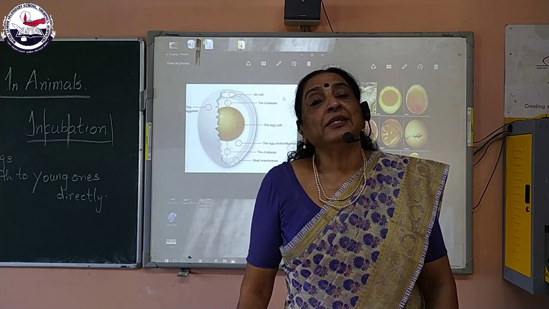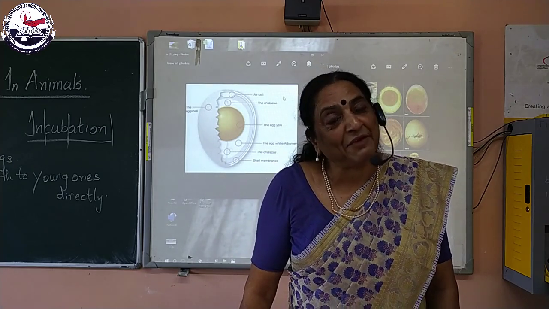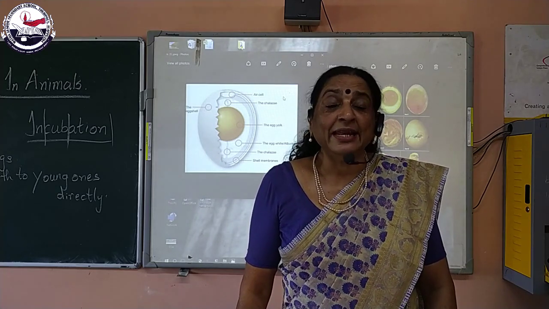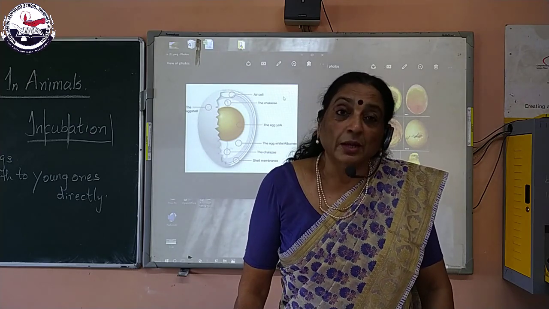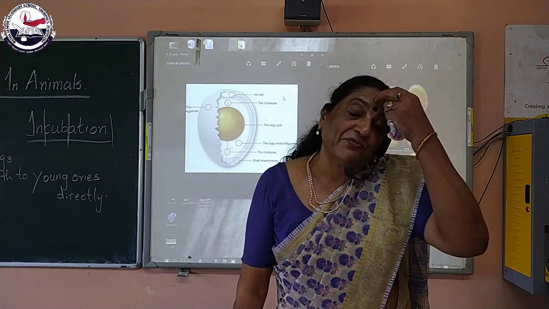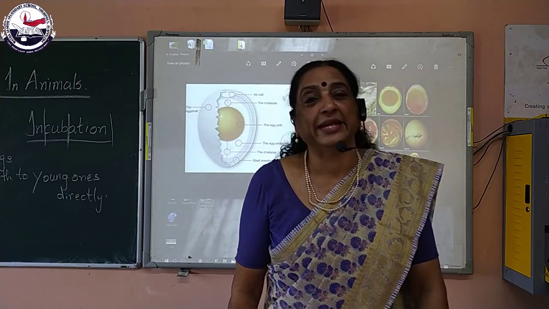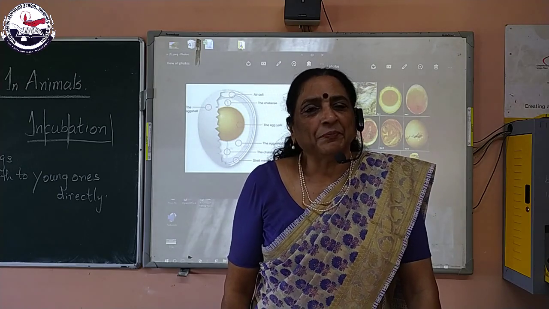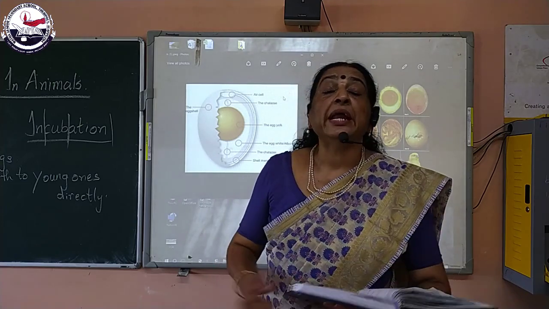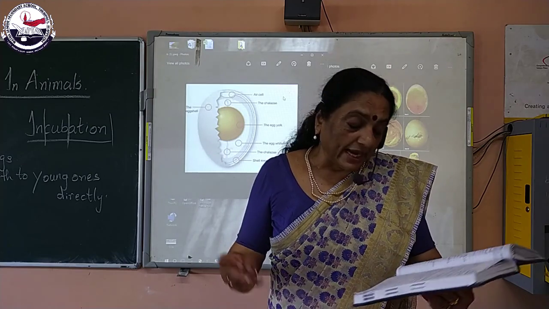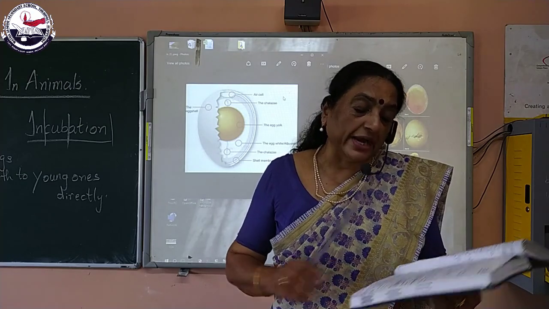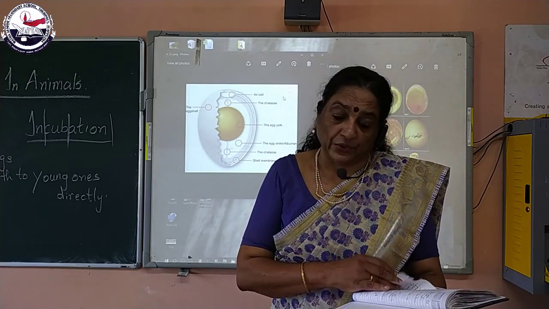Now tell your father and mother to have 2 eggs every day and ask them to eat the white part, the albumin, and leave the yellow part called yolk, because yolk contains fat. Albumin, the white part, is rich in proteins. And the growing embryo inside the egg gets its food from the yolk. The yolk provides the food for the growing embryo.